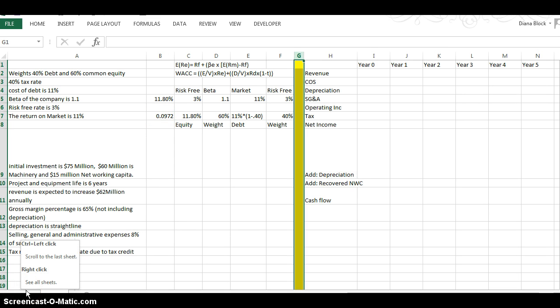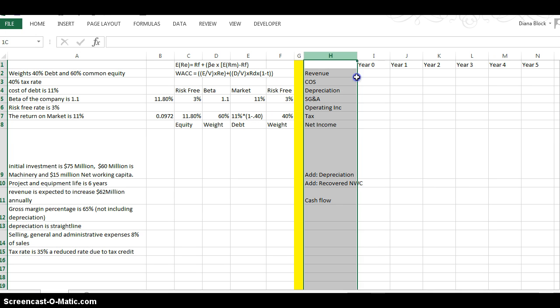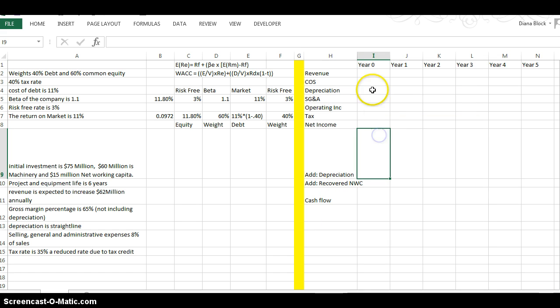Okay, so here we are. We're going to look at the second half of the problem, where we need to calculate the cash flows so that we can determine the NPV of this project and the internal rate of return on this project. So we're looking at this section of my spreadsheet where I've got a format set up so that we can track all of the cash flows for years 1 through 5, as well as the initial investments